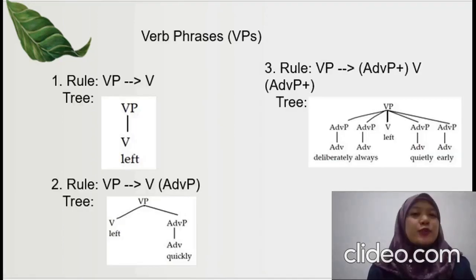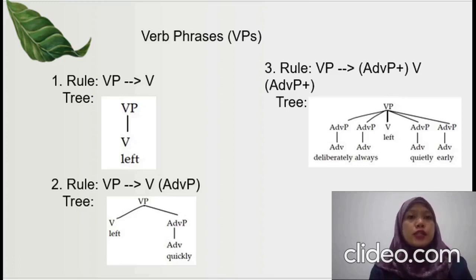And we are going to talk about rules in verb phrases. The first rule indicates that a verb phrase consists solely of a verb. For example, the verb left forms a verb phrase without any adverbial modification. The second rule indicates that a verb phrase consists of a verb followed by an adverb phrase. In the example left quickly, the verb left is accompanied by the adverb phrase quickly, specifying the manner in which